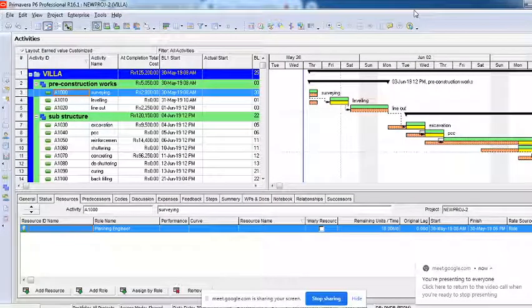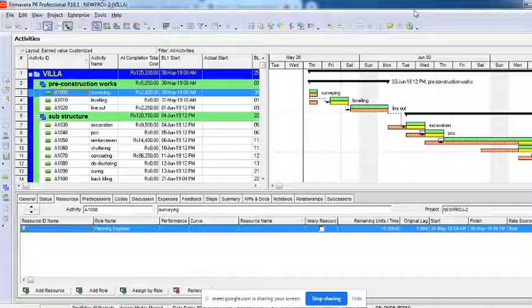Okay, so yesterday we just completed creating our baselines, right? We are ready to start executing our project, but before that, a lot of things have to be arranged for the execution. So a lot of different things you would like to do. I'll just show you, before execution, what all the things are required.